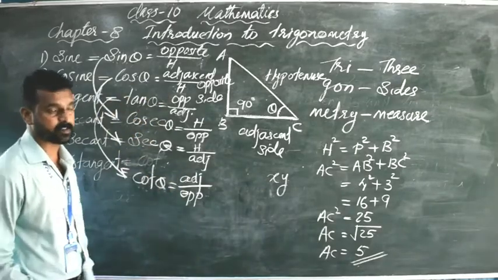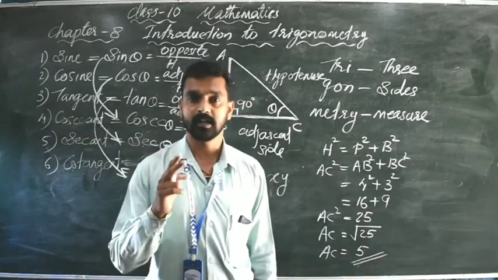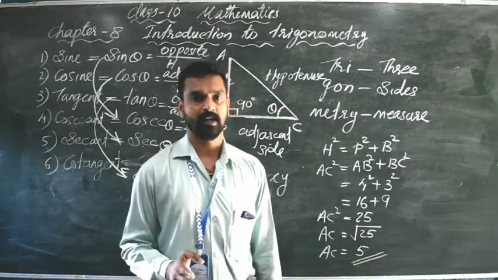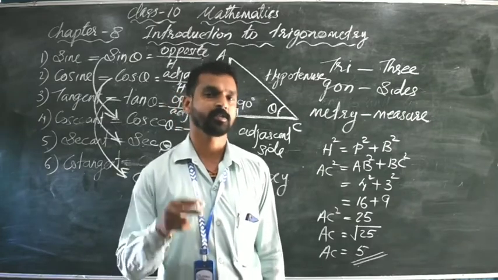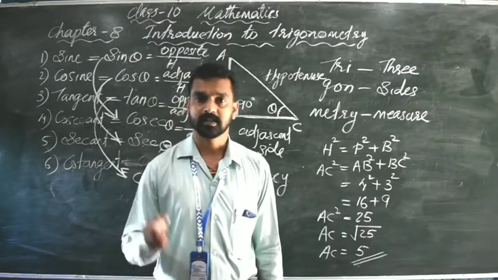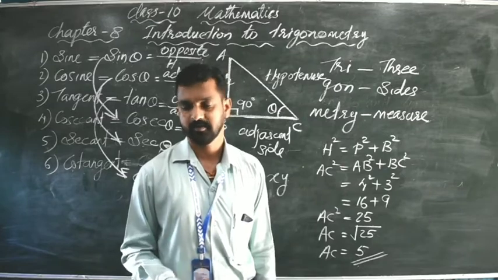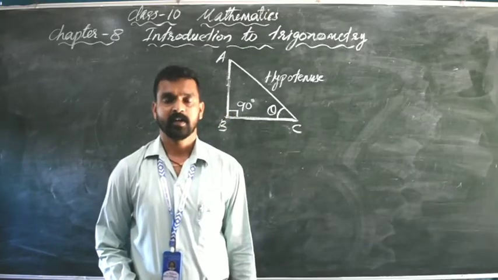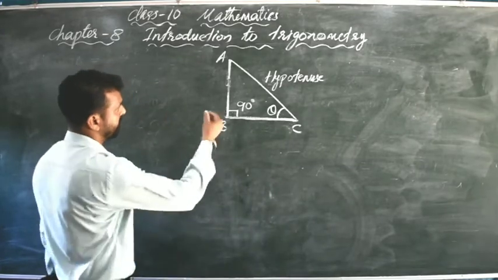So these 6 trigonometric ratios are very important in trigonometry. These are the main basic things in trigonometry. If you do not study these 6 trigonometric ratios, then you cannot do trigonometry. So dear children, study these 6 trigonometric ratios nicely. Okay, now some relations we have to study about the ratios. That is,